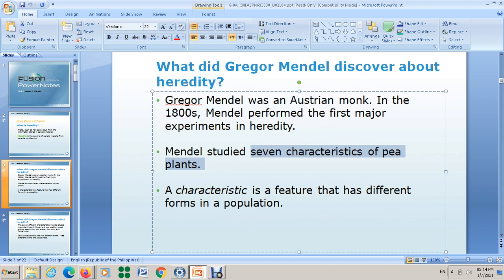What are these 7 characteristics Mendel studied? He studied plant height, flower and pod position, seed shape, seed color, pod shape, pod color, and flower color. For example, if you look at your book here,